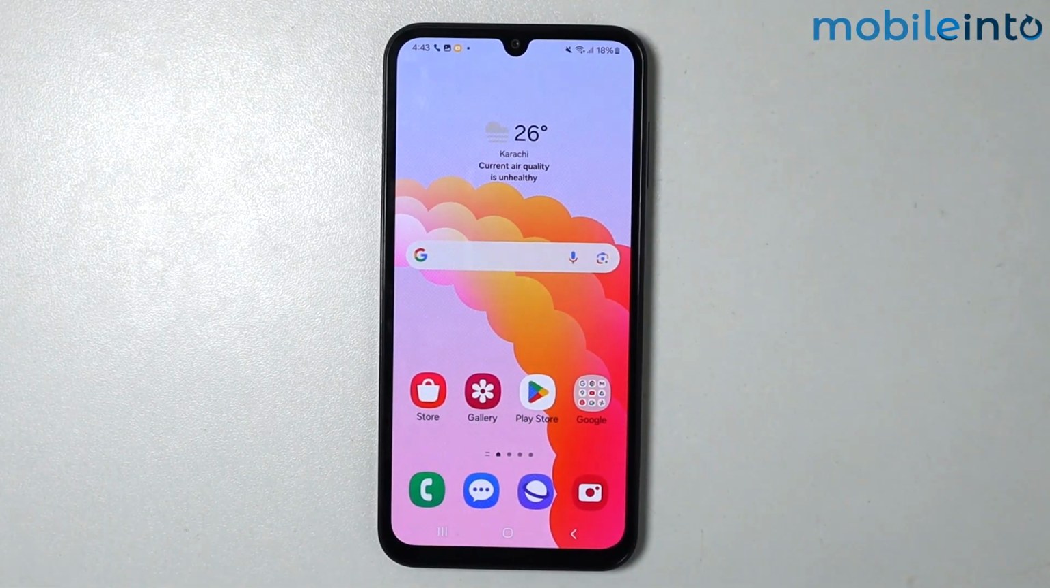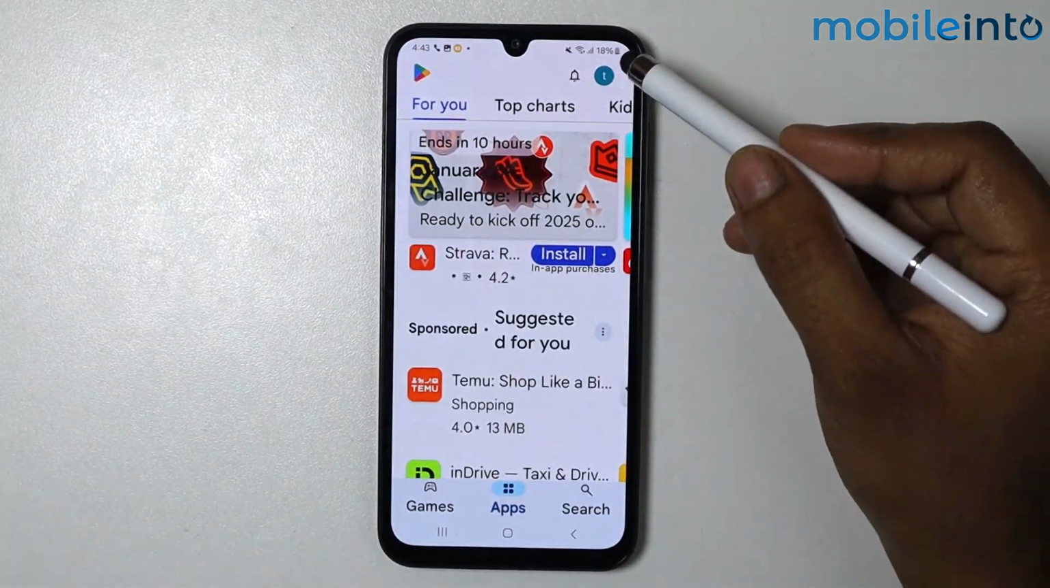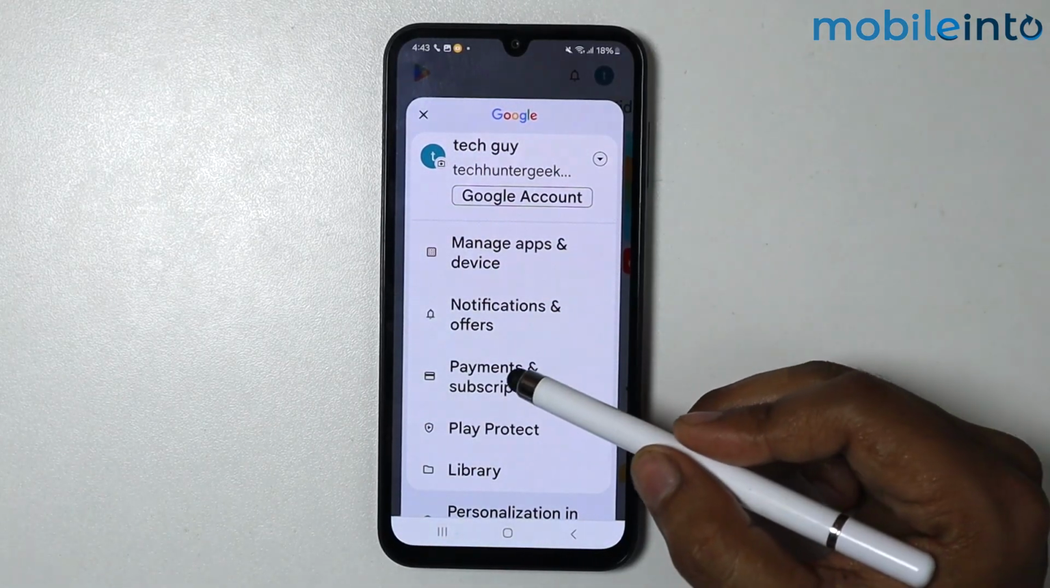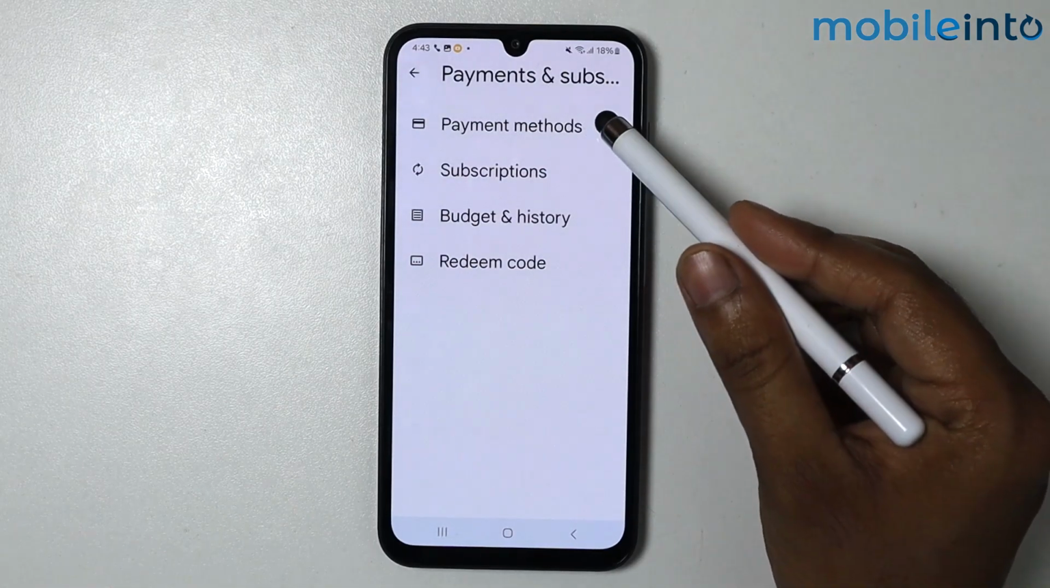In this video, I'm going to show you how to change Play Store region for installing country restricted apps on any Android phone. Open the Play Store, tap on your Google profile, go in payment and subscriptions, tap on payment methods,